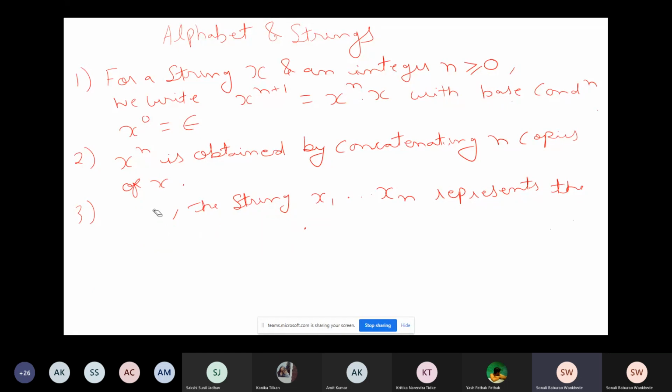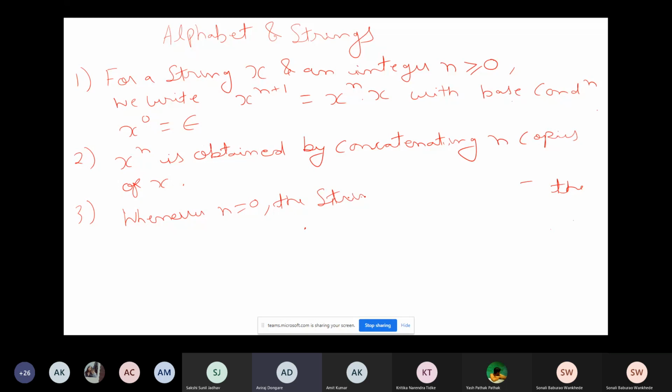How do we compute? Are you writing? Yes ma'am, could you explain the first rule again? Let me just write it and explain the first rule again. Ma'am, is it like the rule we have in maths, that we add the powers if the bases are equal?